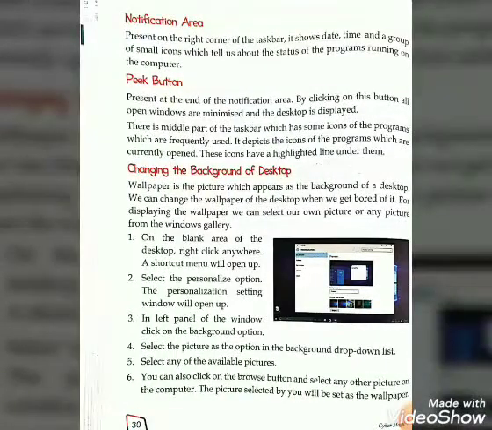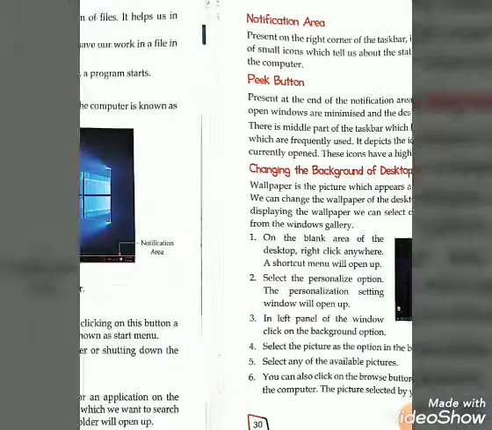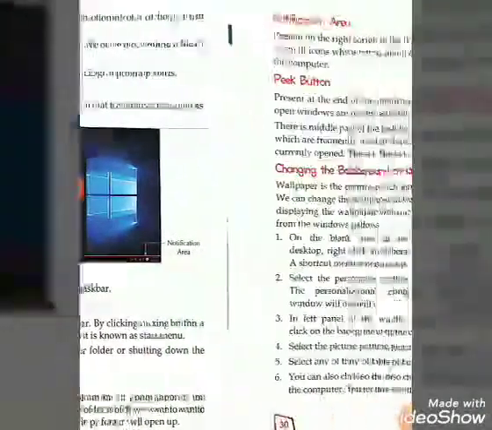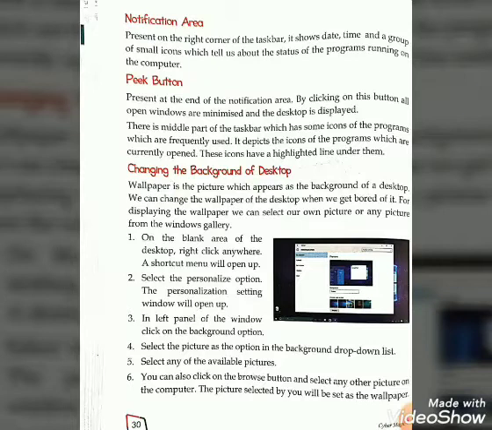By clicking on this, all open windows are minimized and the desktop is displayed. That is known as the peek button, present at the end of the notification area.